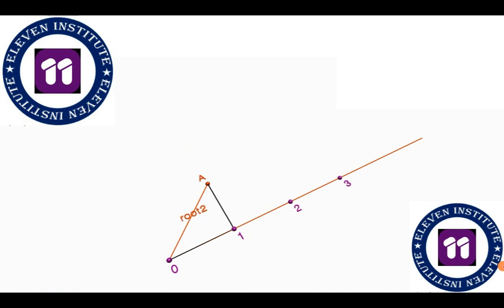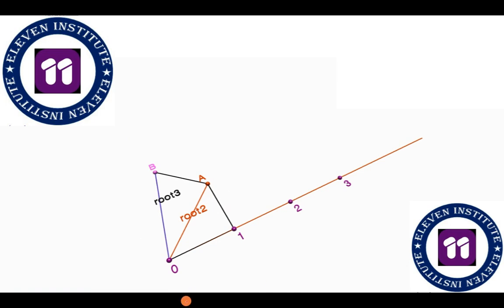Now again we will draw an altitude of length 1 unit perpendicularly. Make sure it is perpendicular, the angle should be 90 degrees between them, and the length should be 1 unit only. For me 1 unit is 4 centimeters. If you have taken 2 centimeters, then take 2 centimeters only. Again we will join the hypotenuse and this time we get root 3.